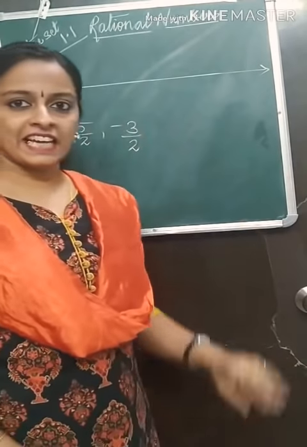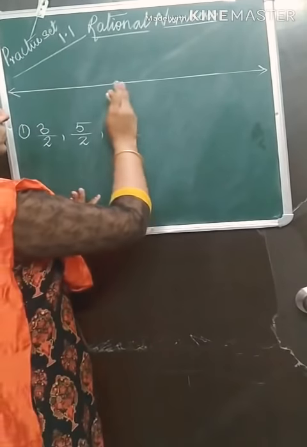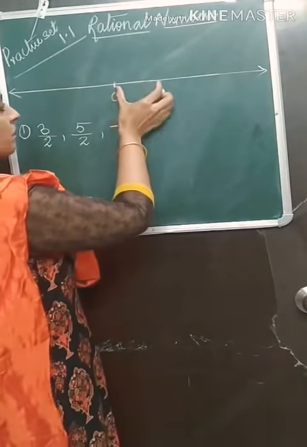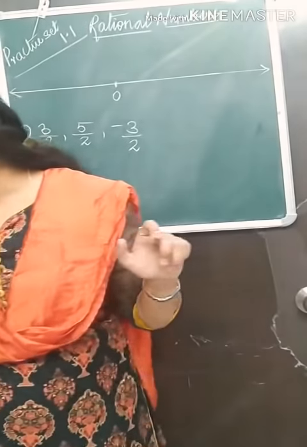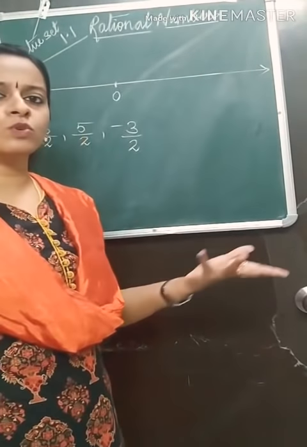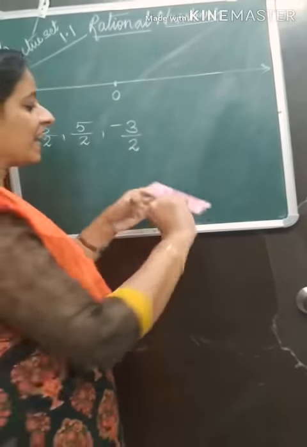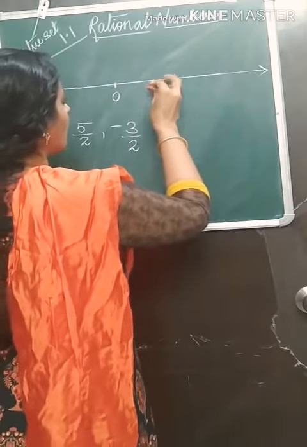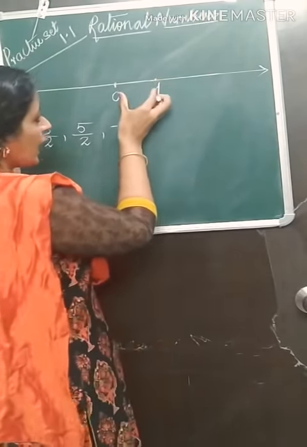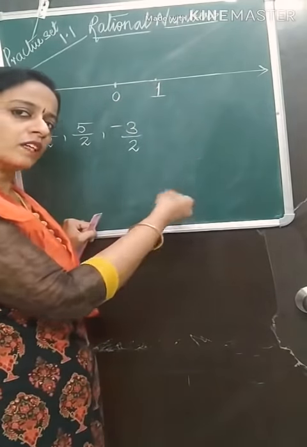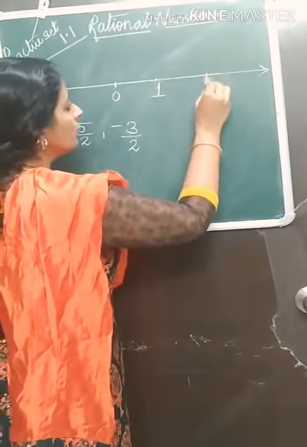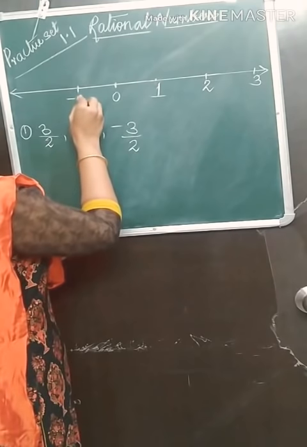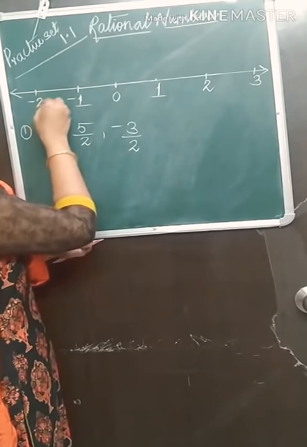I have just drawn a line. We will plot the numbers on it. Somewhere, mark a 0. Keeping the same distance, you can take 1 centimeter or 2 centimeter, so that you can see clearly. I'll take a 2 centimeter gap, and from 0 I'll plot 1. Then 2 and 3. In the same way, on the left side of 0, minus 1, minus 2 and so on.